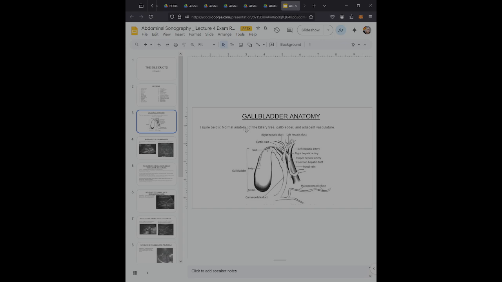From these small biliary radicles, bile flows into either the right or left hepatic duct. The right and left hepatic ducts eventually unite to form the common hepatic duct. Bile then travels only a short distance to the gallbladder, where it is concentrated and stored. So bile is produced in the liver, and it then travels through the right and left hepatic ducts, and then it is eventually stored